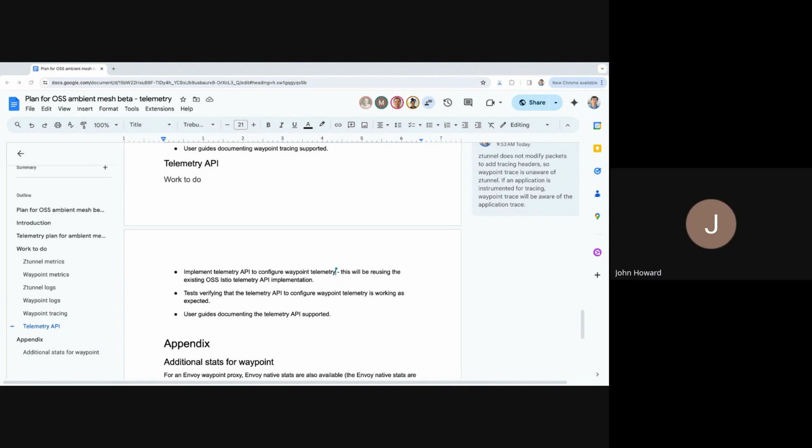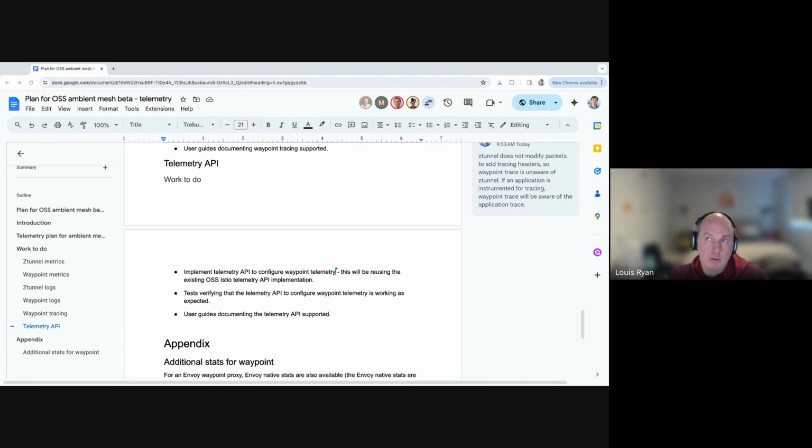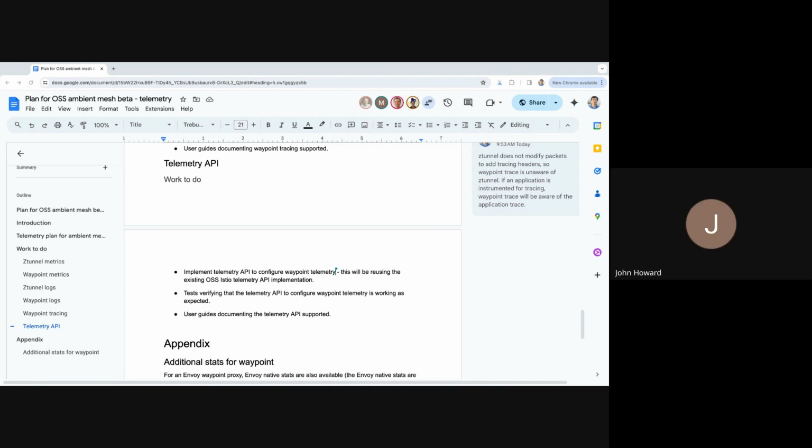I could very easily see that being the primary demand, and I would be very skeptical of adding fine-grained configuration in zTunnel, for example. So as an interim solution, you could say, look, no telemetry API, but mesh config to satisfy the telemetry configuration requirements for users. Yeah, I think something like that would be reasonable.